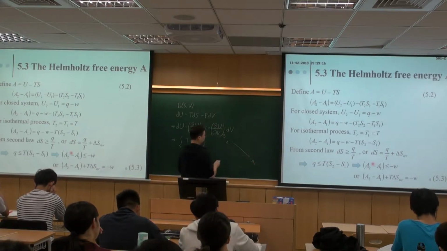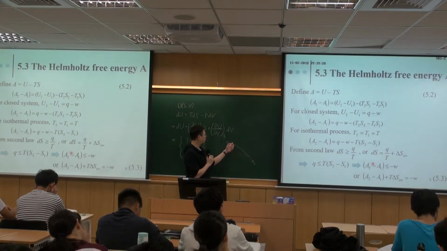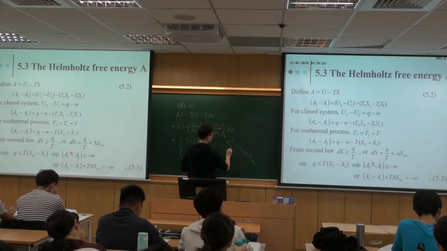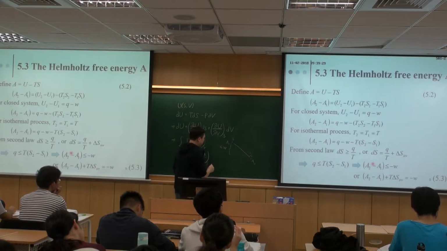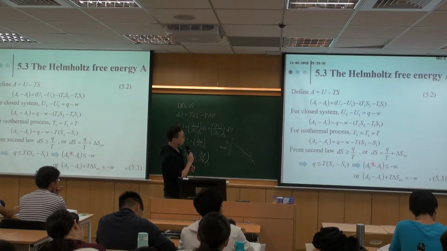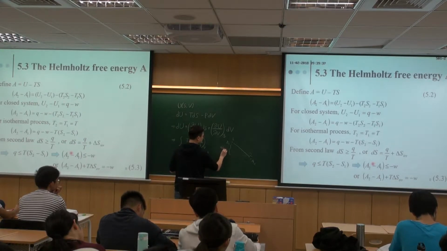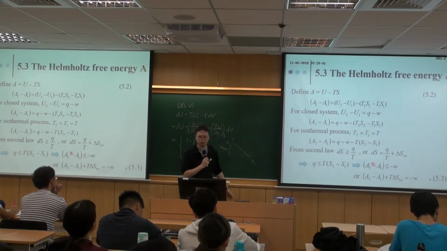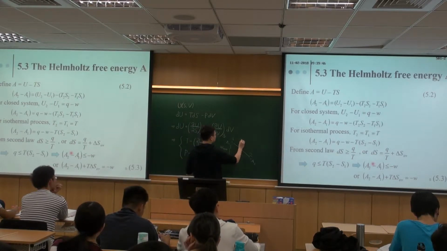This is the evolution from state 1 to state 2, and this difference is no greater than W. Or let's say the maximum work the system can do will be the difference between Helmholtz free energy. And this is when the system has a